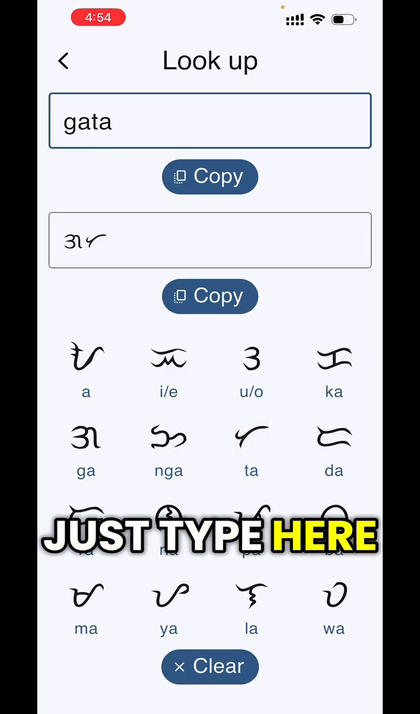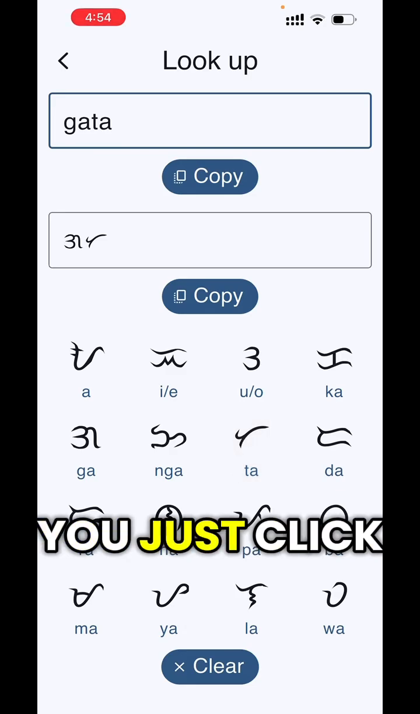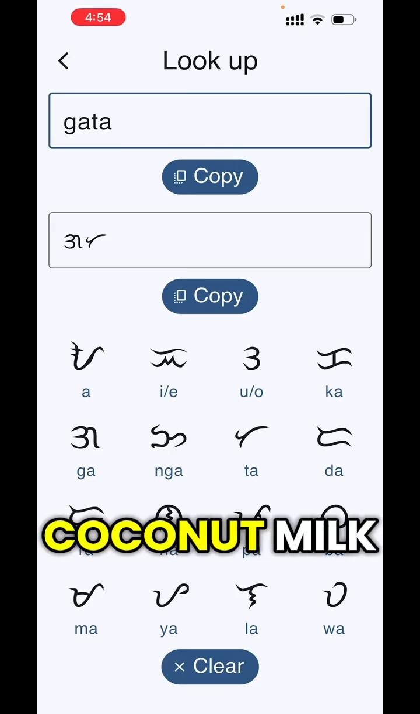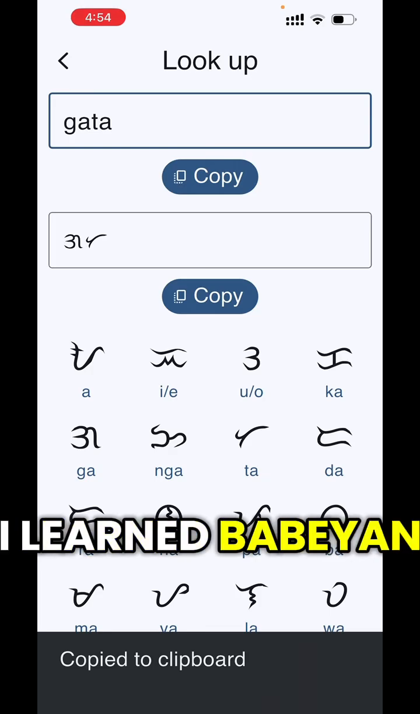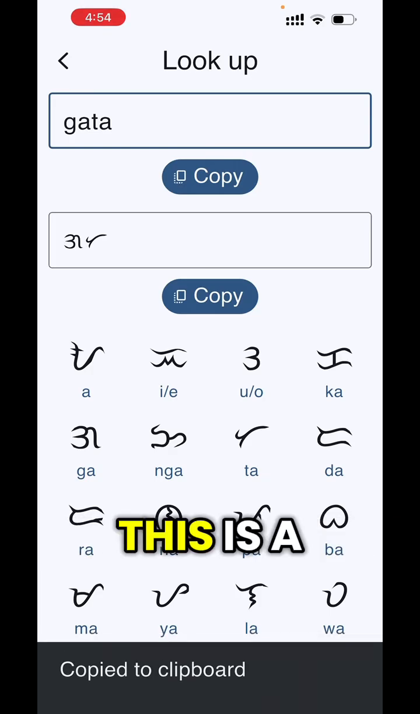So you can just type here gata, and then you just copy. So gata is coconut milk, and then you just copy and tell somebody I learned Baybayin, and then this is how it text. So this is a good